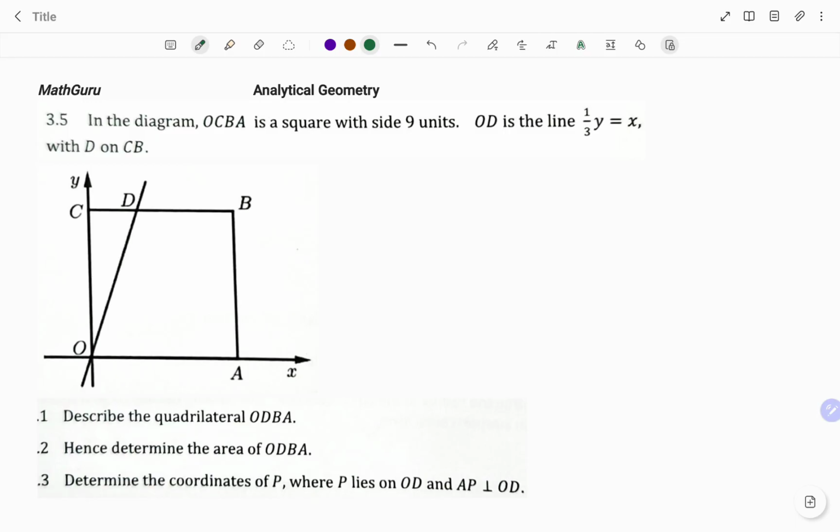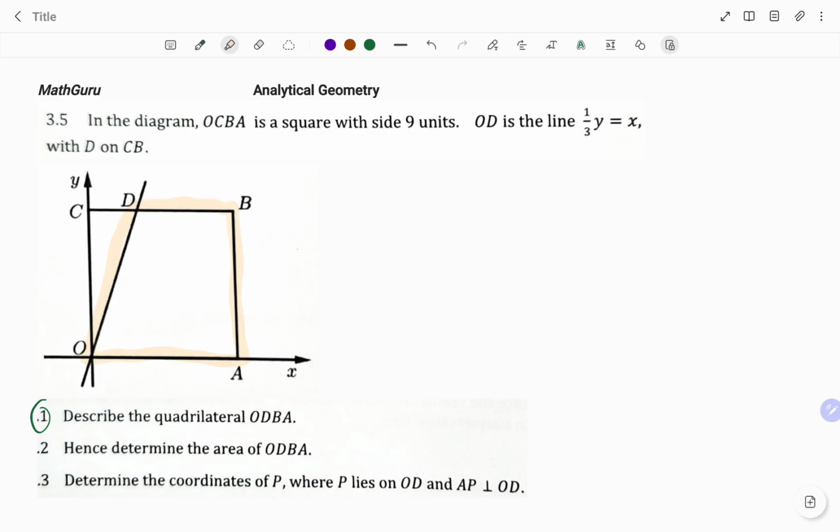We are to 1. Describe the quadrilateral ODBA, 2. Determine the area of ODBA, and 3. Determine the coordinates of P, where P lies on OD and AP is perpendicular to OD. For the first part of the question, we have to describe the quadrilateral ODBA. I'm going to highlight that ODBA